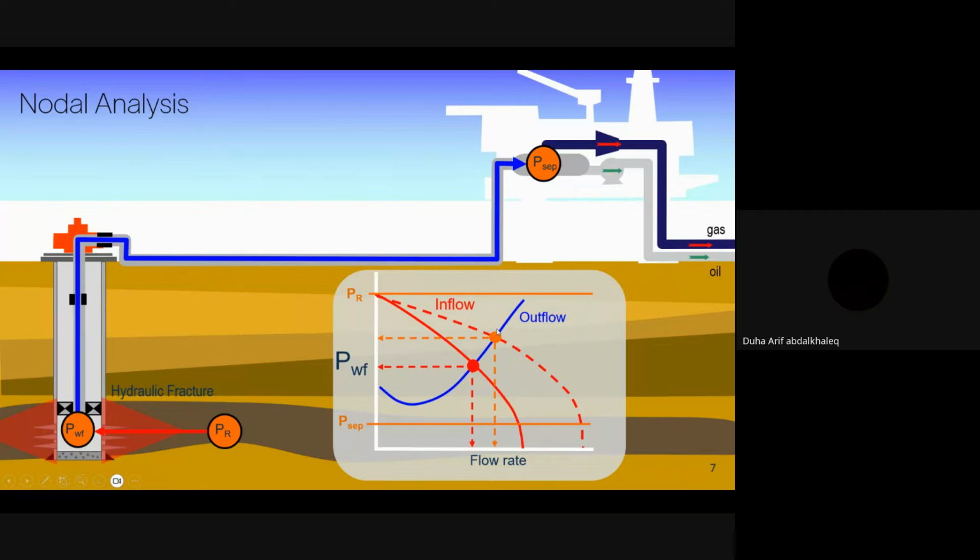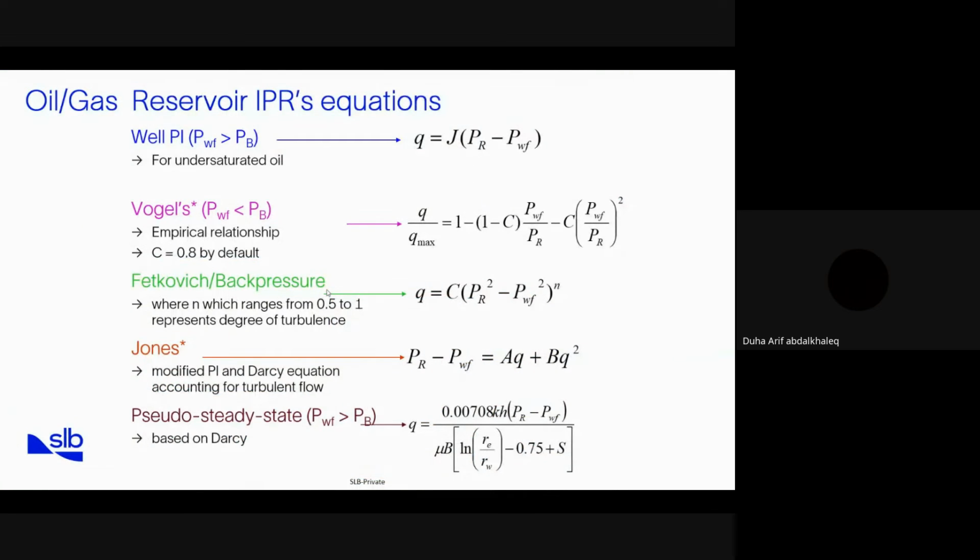Okay. If I want to add an ESP, for example, in the tubing, the ESP will shift the outflow, this blue curve, to the right, and we have the same effect. It will increase the flow rate. So this is basically the idea of nodal analysis. It gives me the flow rate from the well, and how I can improve or increase it. Okay, so as I mentioned before, the inflow, which is the inflow performance relationship, in Pipesim